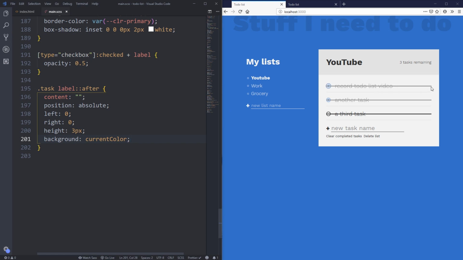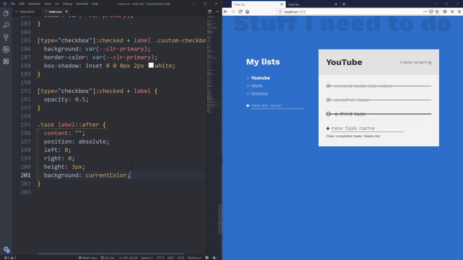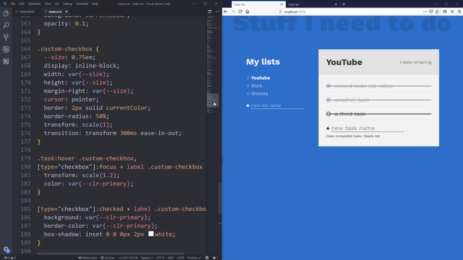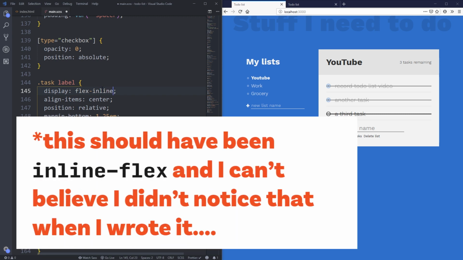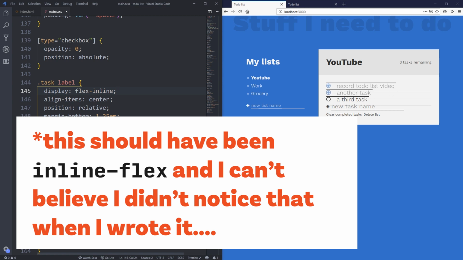Now I don't want it to go all the way to the side here. I actually want it to stop according to the length of the text itself. And that can be tricky, but what I'm actually going to do, which is something I almost never do, is this: where I did my label here and I did display flex, flex by default is going to be 100% width, but we actually have inline flex, which I almost never use. This is one of the only times I've ever used this, but it means it sort of becomes an inline